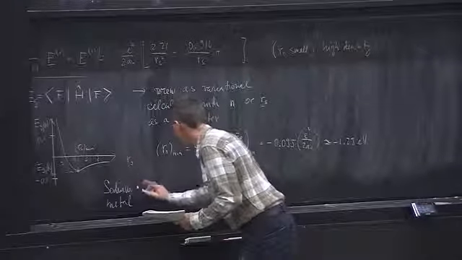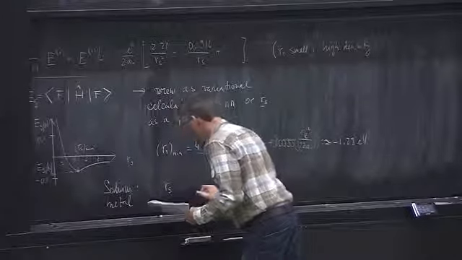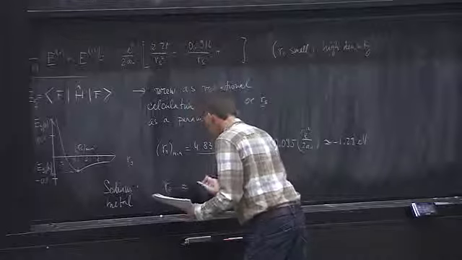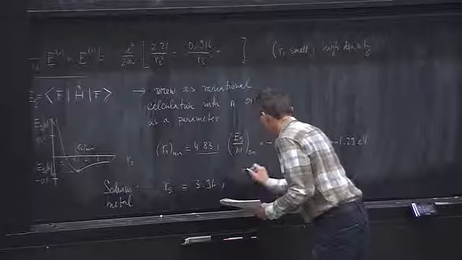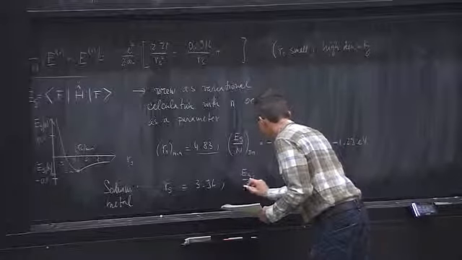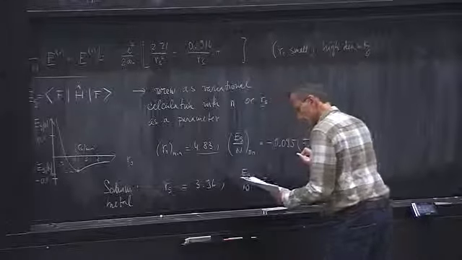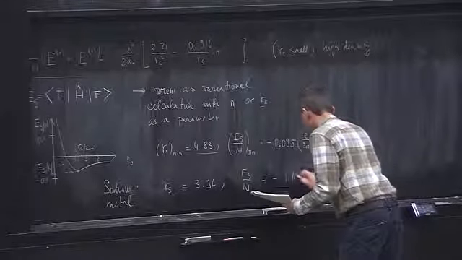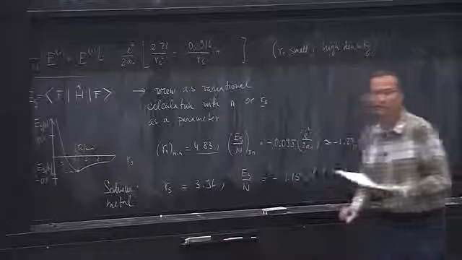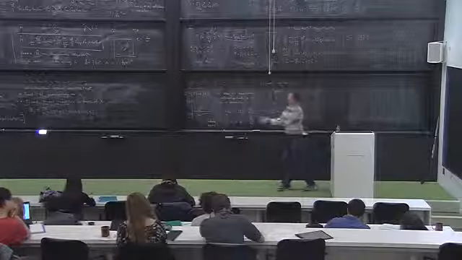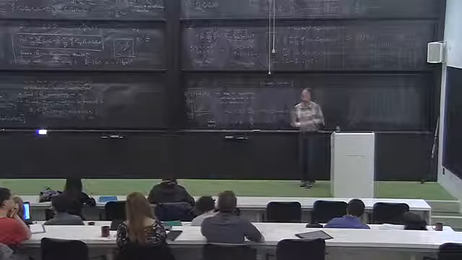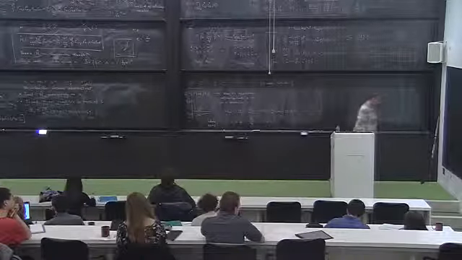For sodium metal, rs is measured to be 3.96, and Eg over N is measured to be minus 1.13 electron volt. So in the simplest metal, which has just one conduction electron, and really, if you measure, it has nice parabolic band dispersion, this